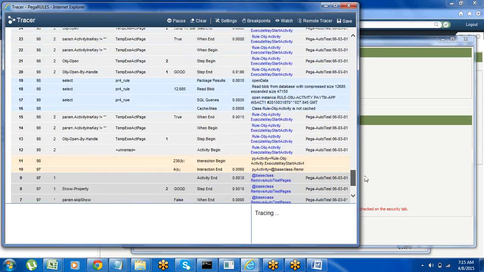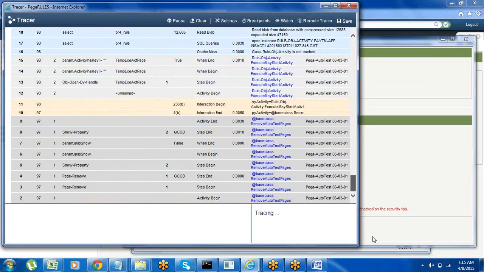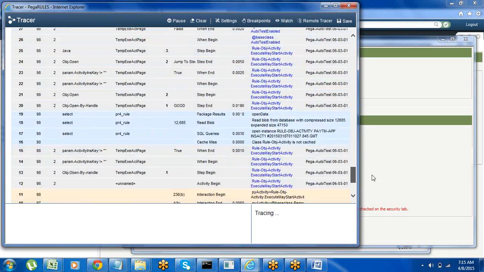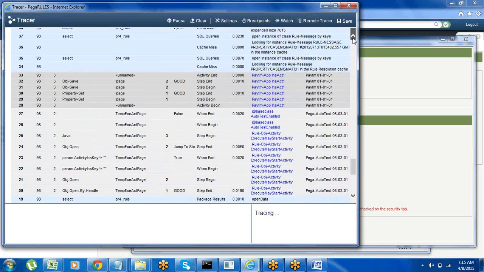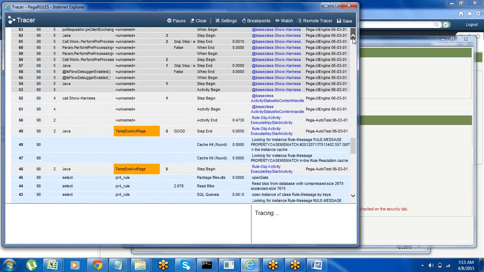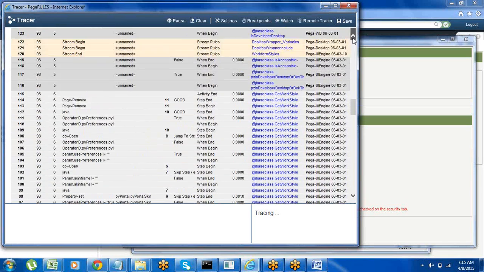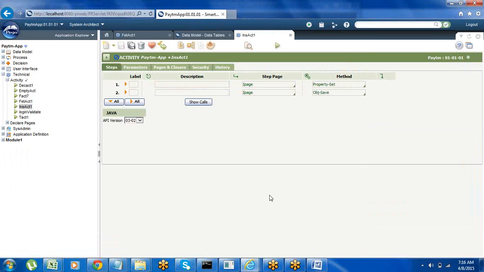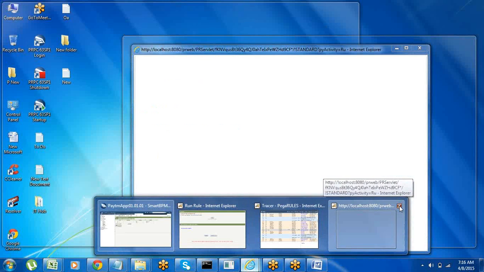So breakpoint is not working here exactly, so it will work in the real time update. If there are any error messages, it will show the fail message. If it is good or false, no need to worry. So like this we can add the rules to the tracer log.